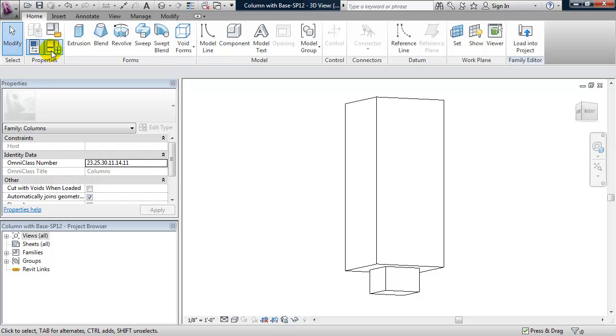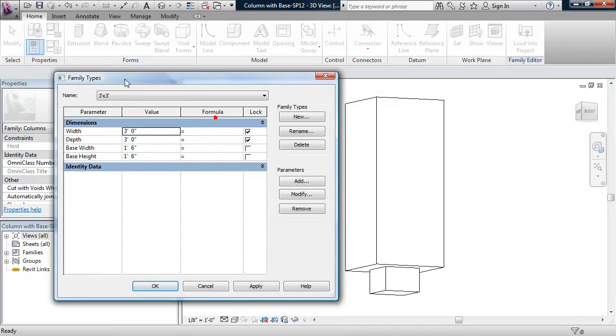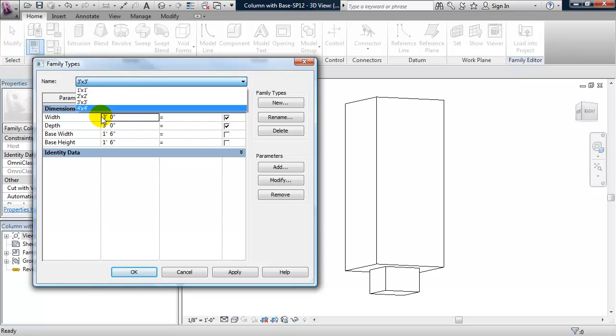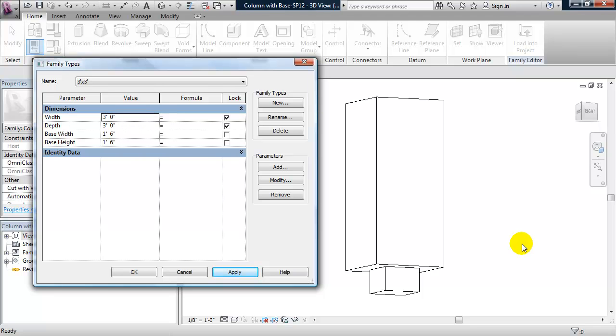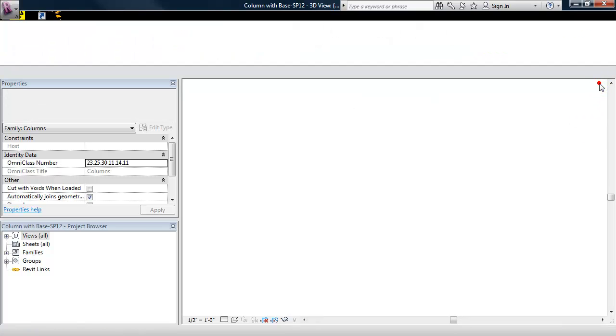And if we look at the family types, we have, in this case, 4 different family types. So the benefit of this is when I load this column into a project file, I can choose from the 4 types that are made within this family file. For example, if I want a 3 foot by 3 foot column, I can click apply and it changes to 3 feet by 3 feet. I'm going to close this column family,